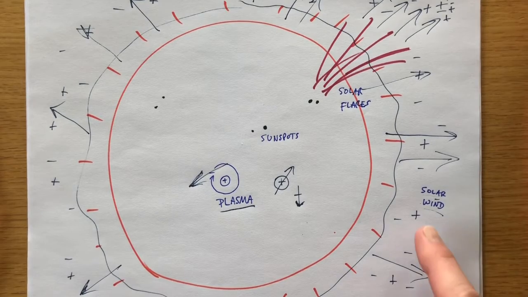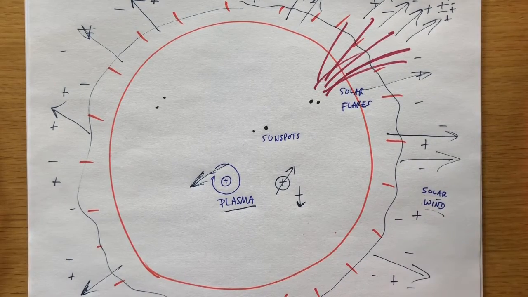Because remember, these all have a charge, positive or negative, right? Do you know what Earth has around it? A magnetic field, which has a positive end and a negative end. And so what that does is it creates an electromagnetic field around the Earth that repels most of these particles. The ones that do get in come in at the North Pole and the South Pole because that's where the